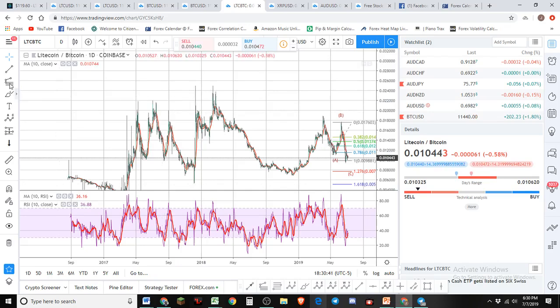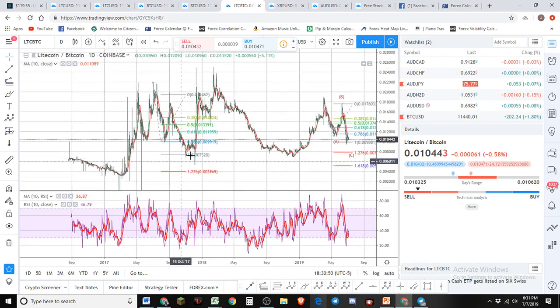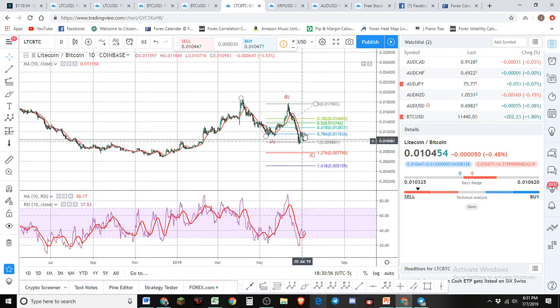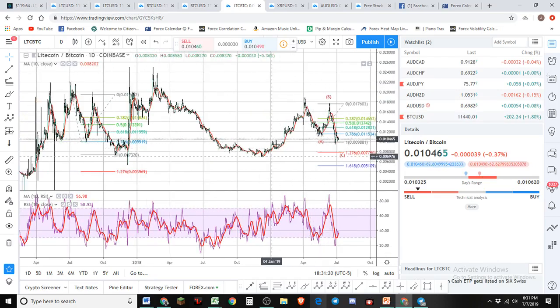Last time we had an ABC correction, that ABC went to the 1.276 extension, almost between the 1 and 1.276. Right now, this ABC has hit the 1-to-1 extension and is just sitting here consolidating in that area. We could have a push down to the lower side, and if we get this push down in LTC and BTC, that's going to mean more downside for LTC as well. But that's also going to mean we're going to have a nice strong bounce to the upside after that, more than likely. So that's what I'll be looking for, because this looks like a clear 5 waves, a nice 5-wave